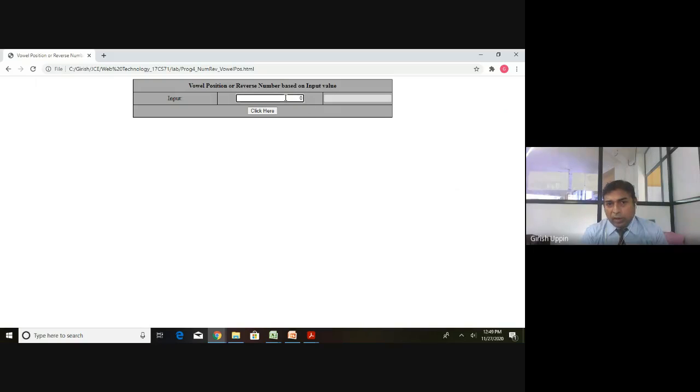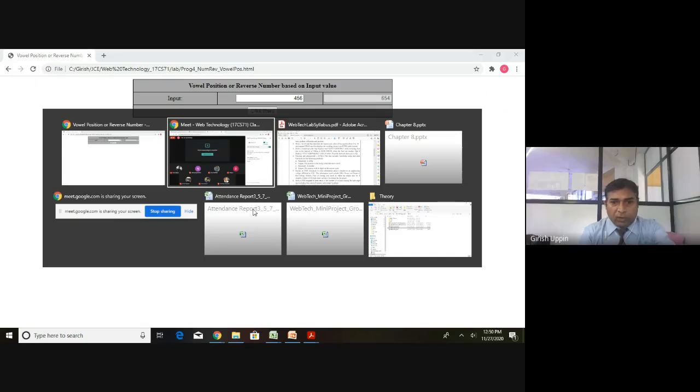If the user gives 456, okay, I will show that as well, then we will see the code. Once you understand how the display part is, x y z a, when I click on this button, because it is a string, it should give the position of the leftmost vowel, right? Now it is 4. You can see the value 4. And if, instead of a string, I give a number 456, and I click here, it should reverse that number. You can see 654. So first we will focus on the looks part of the HTML document. I will open the code.